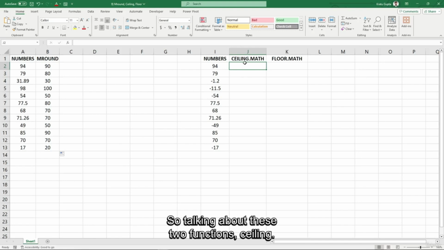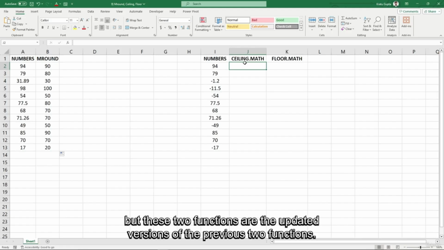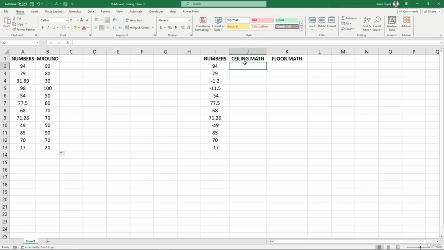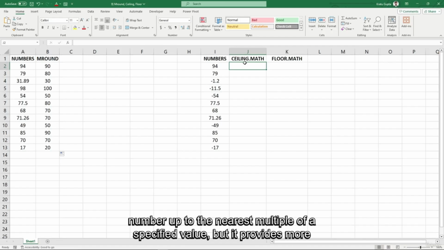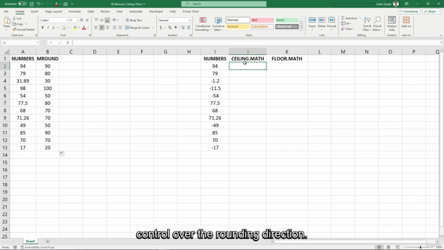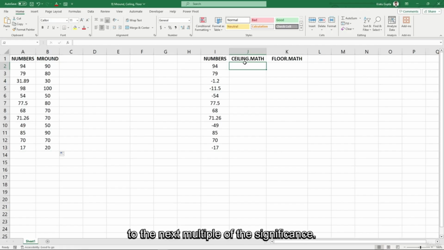So talking about these two functions, CEILING.MATH and FLOOR.MATH, these are the latest functions that are available in Excel. CEILING and FLOOR functions are still available, but these two functions are the updated versions of the previous two functions. So talking about the CEILING.MATH function, this function rounds a number up to the nearest multiple of a specified value, but it provides more control over the rounding direction. It rounds away from 0, making positive numbers round up and negative numbers round down to the next multiple of